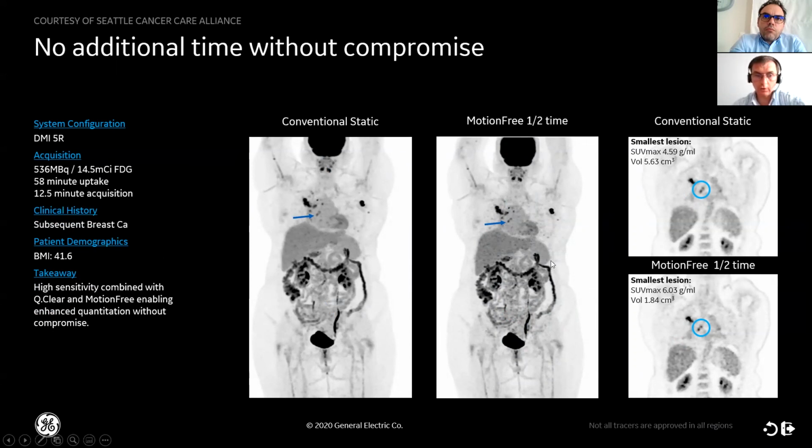There are already evidences reported in publications, treated as retrospective scans, and they are confirming that motion-free was improving image quality and